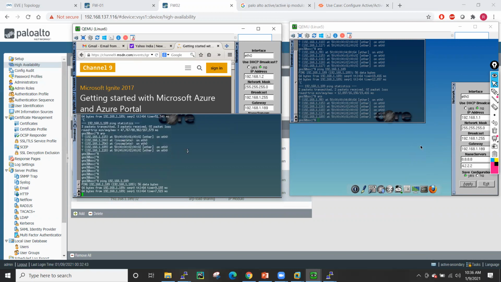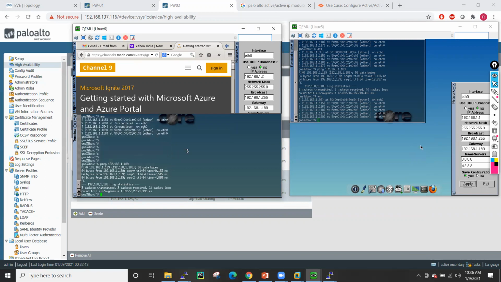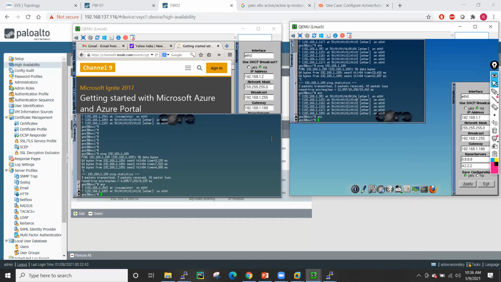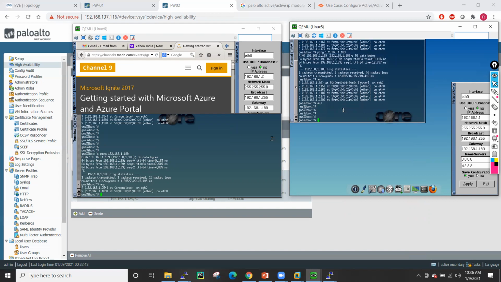Let me just ping. This time ARP is coming from 1. Let me see what the ARP setting is. Generally ARP caches have a timer of 300 seconds, so only after that will they flush the ARP table, and I don't know the command to clear the ARP on this Linux machine. When we clear that ARP, then they will send the ARP again towards the firewall. That time basically we will get the proper idea. So no ARP cache. Let me ping to